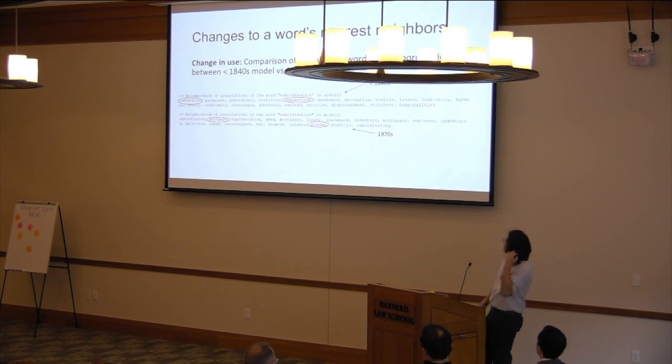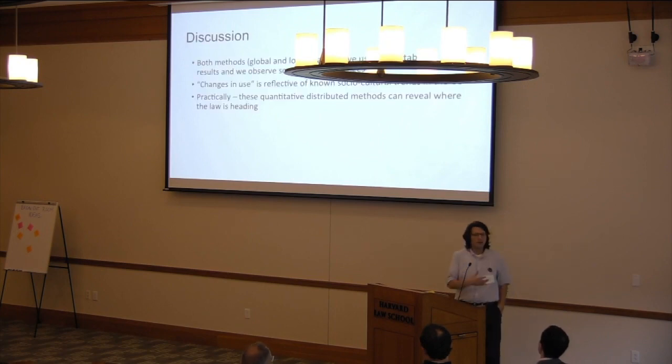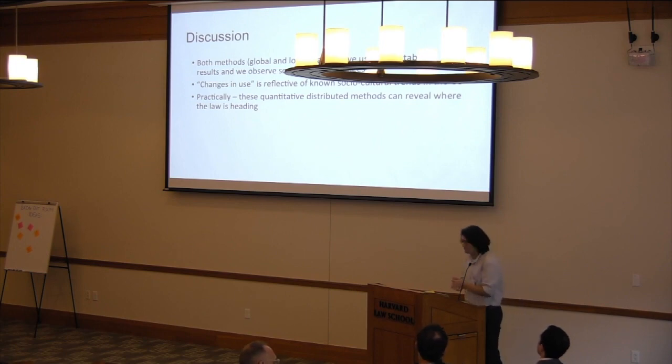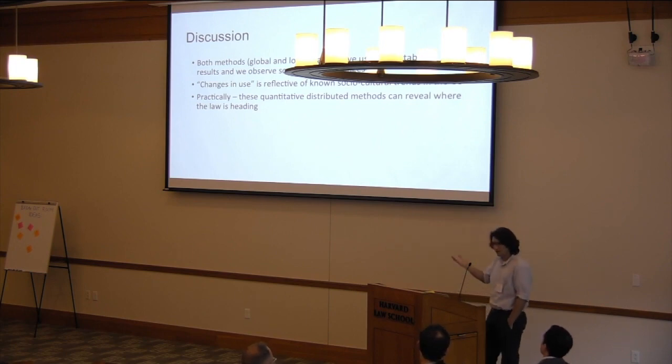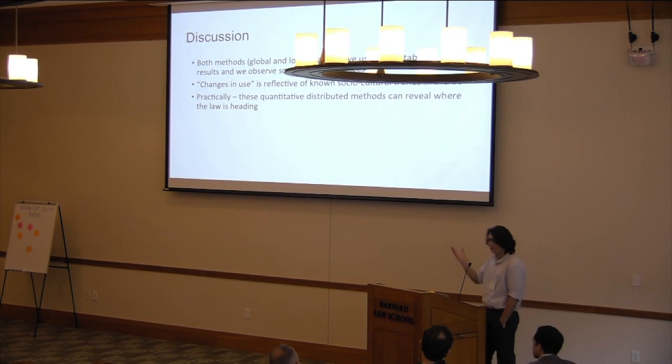Now, the discussion. So we applied the methods from diachronic word embeddings, which is the technical name. But the idea is you represent words in a vector space and you see how they move over time. In fact, just as a story on how this came about, I was presenting this at this working group that we have in Berkeley, which is the Computational Text Analysis Working Group. And I was presenting like a year ago saying, this is a really cool thing that should be applied to case law data because it's such an old problem.